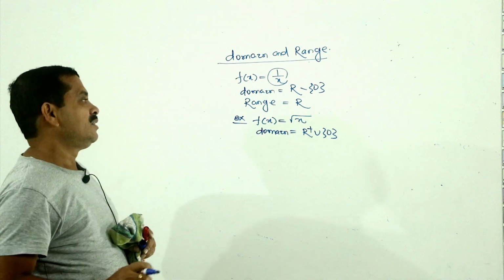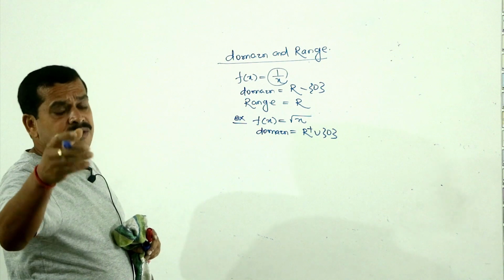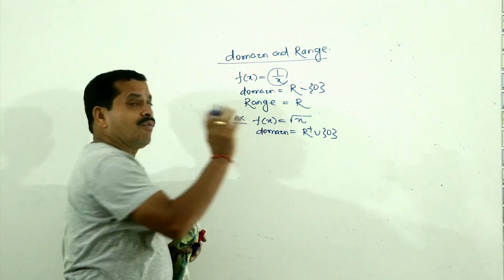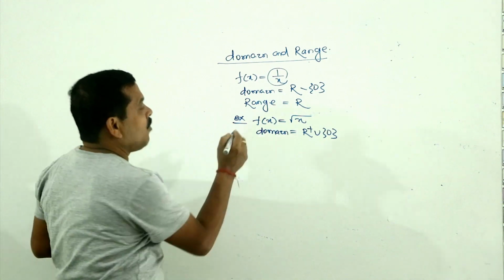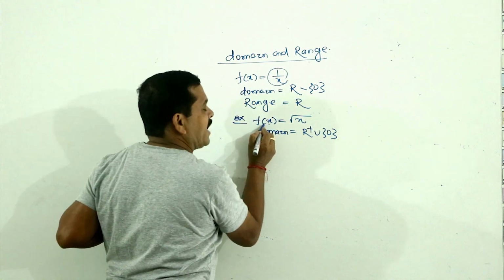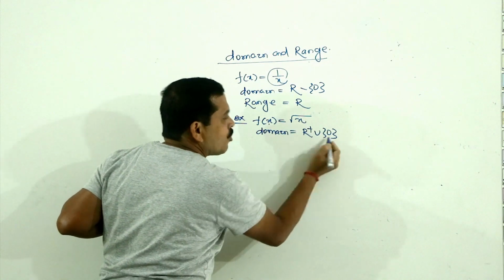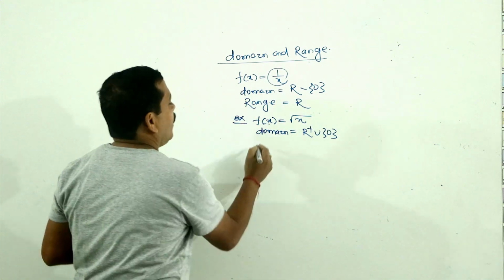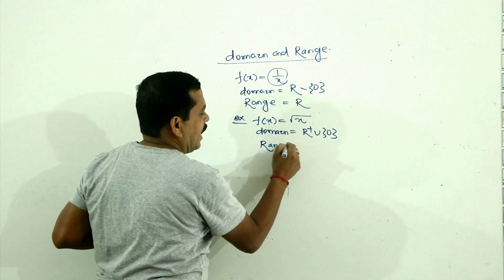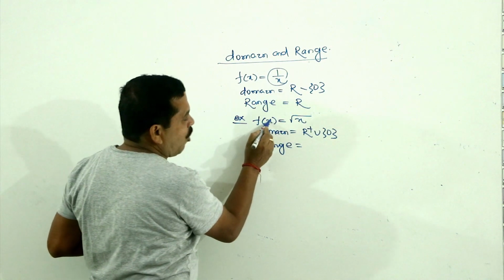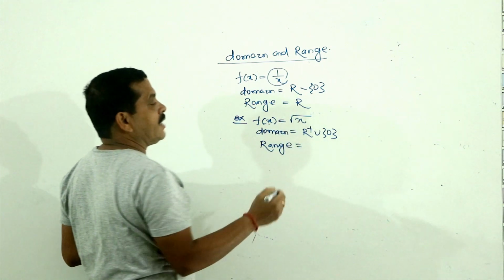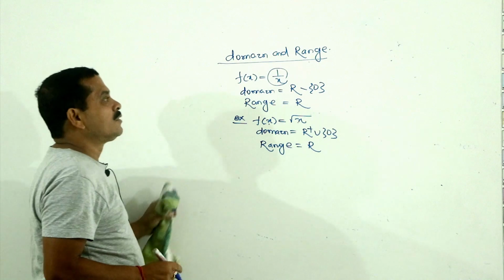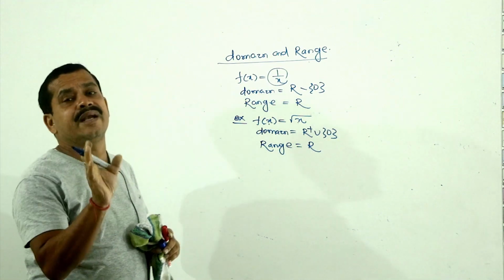That is the domain. We will discuss more examples in the next video or next classes. You have to remember what the domain is: the basic idea is, for what values of x f(x) can be defined, that set is known as the domain, also called the maximal set. For the range, if we take 4 here, then its root will be positive or negative. So that is real number. That is the basic idea about the domain and range.